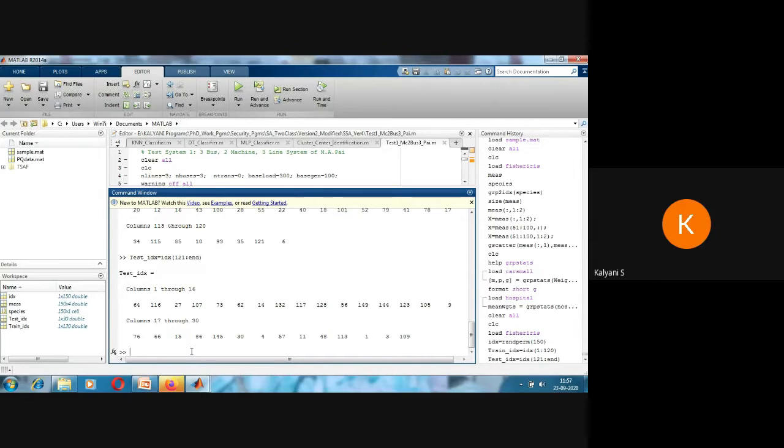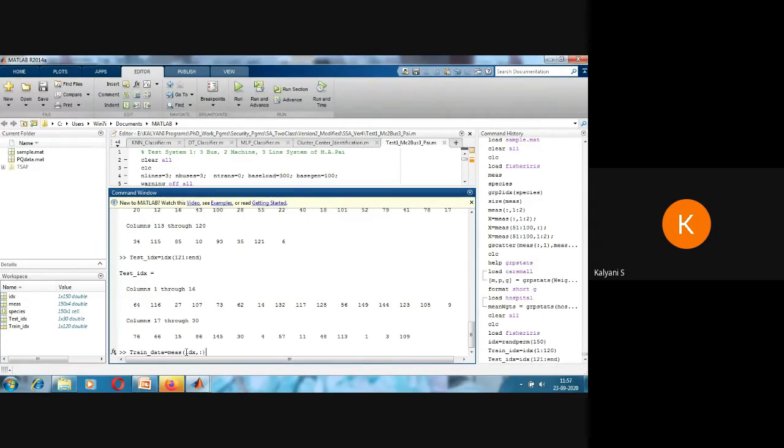Now, I have the input data. In the input data, there is a 150 cross 4 matrix, no? I have to take 120 cross 4 for training and 30 cross 4 for testing. So I will have the train data equal to, what? All the training indexes, so idx will pick the corresponding rows, comma, all columns.